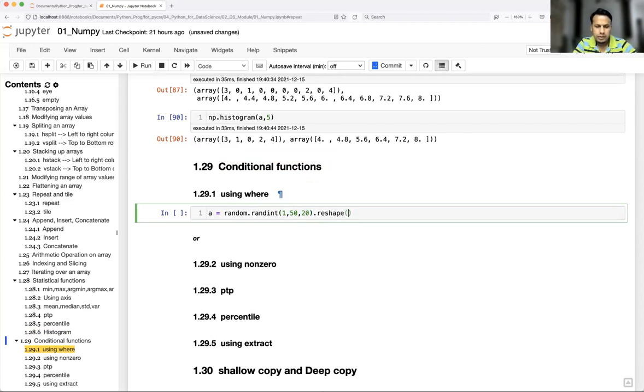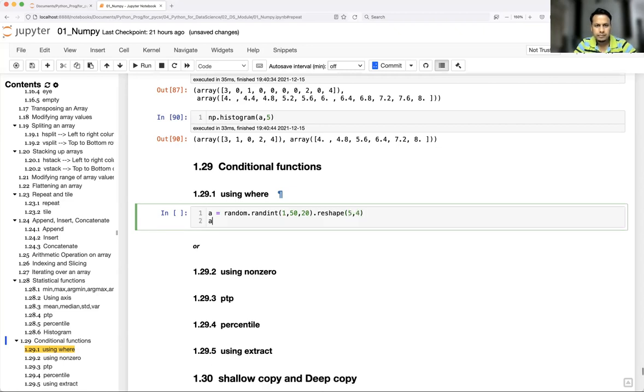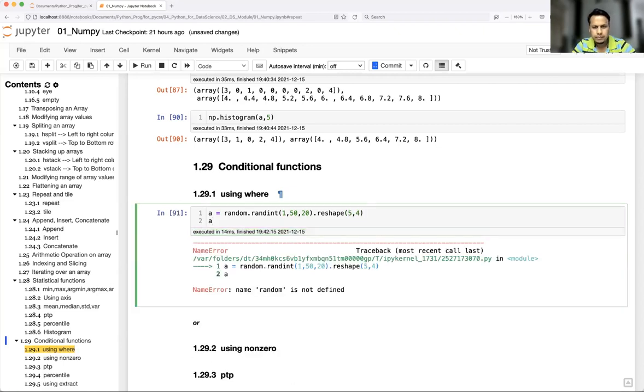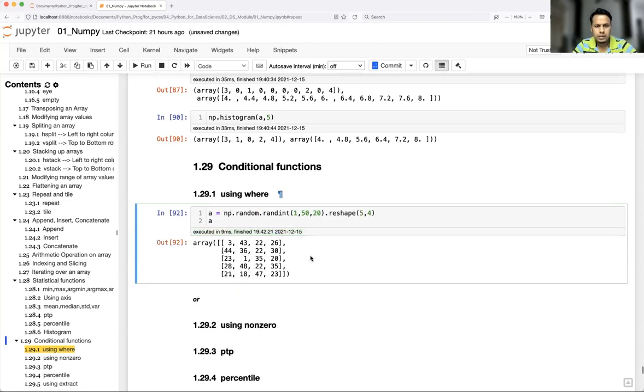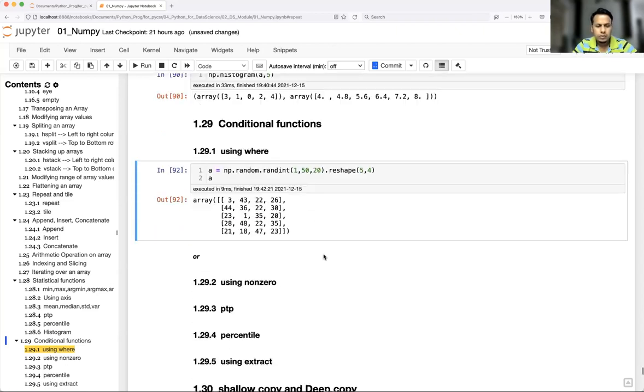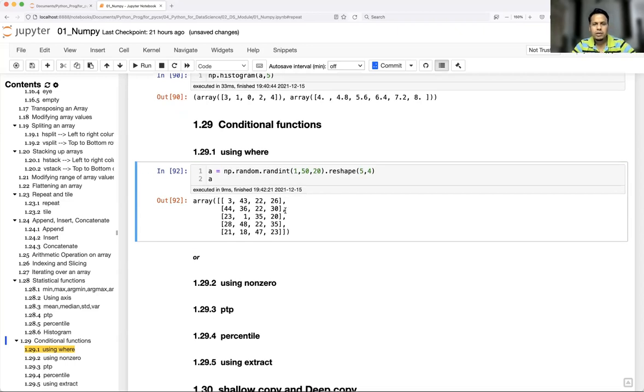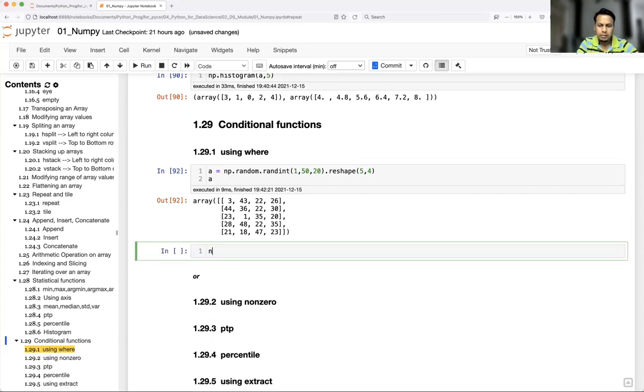Reshape, let's say 5 by 4. From this particular array, I would like to filter particular values which satisfy a condition. So what you can do is np.where, there is a function called where.